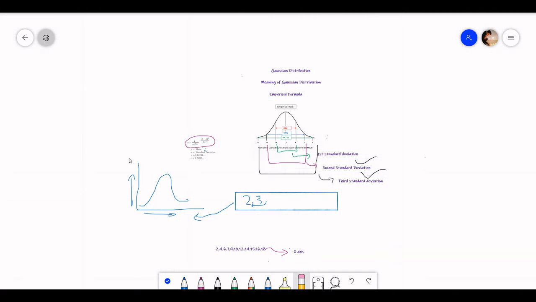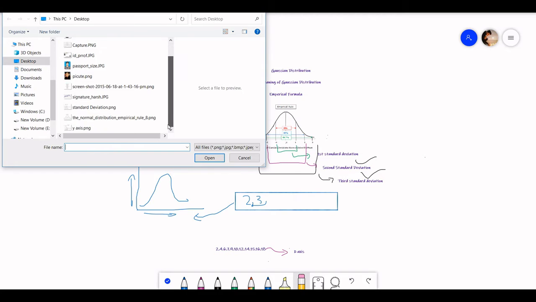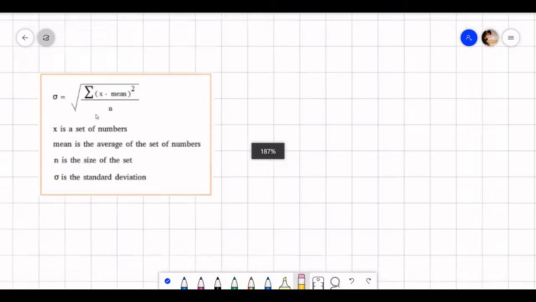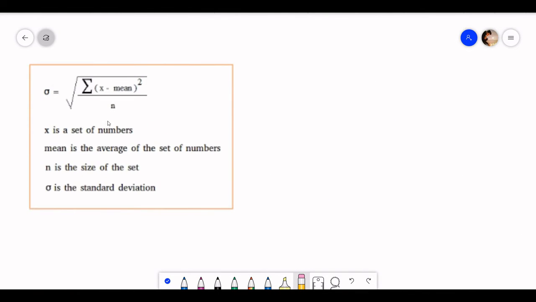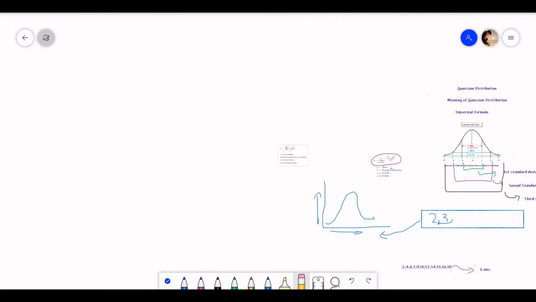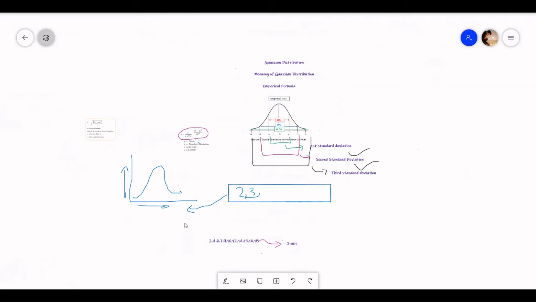Our standard deviation formula we already covered in my previous videos. I'm taking this formula randomly from an image. This is our standard deviation formula. I already solved a problem on how we can find a standard deviation in my previous video. Check the I button or check my playlist to see that video. Okay, now I take my random data and we are going to check mathematically whether it is following Gaussian distribution or not.